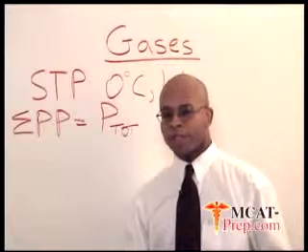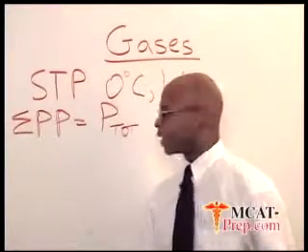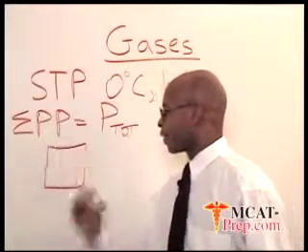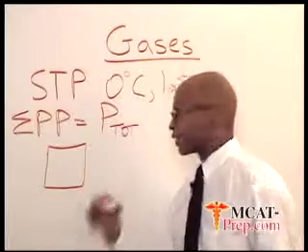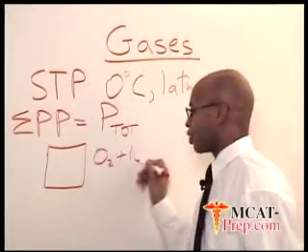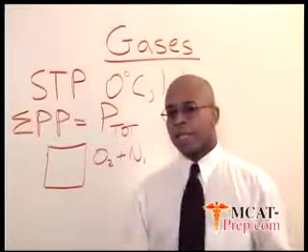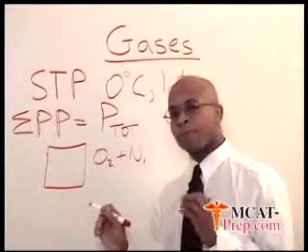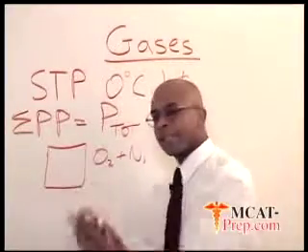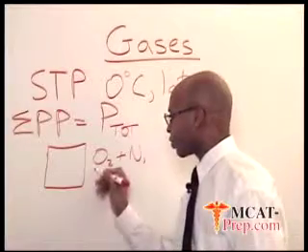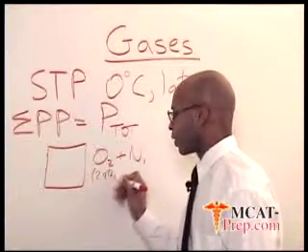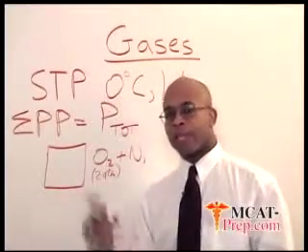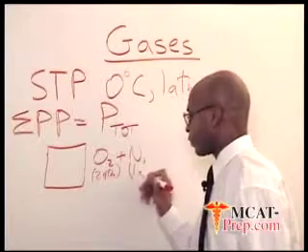This is a very important concept, and it is commonly tested on the exam. For example, let's say that we have a container, and in the container we have two gases, oxygen and nitrogen. If oxygen were in this container all by itself, it had a pressure of 2 atmospheres. And if in the same size container nitrogen had a pressure of 1 atmosphere,